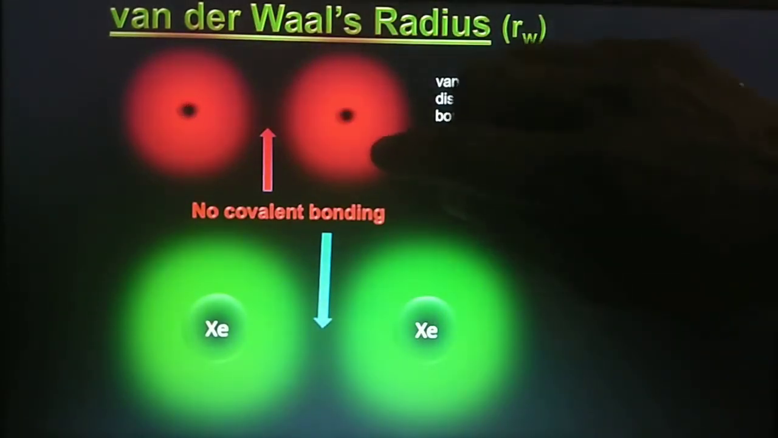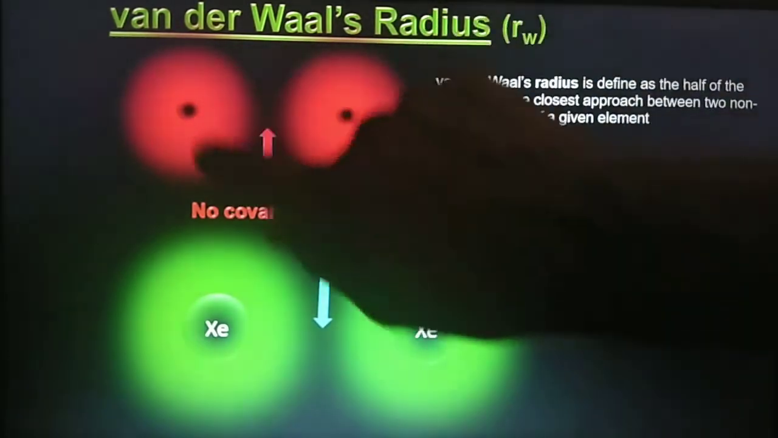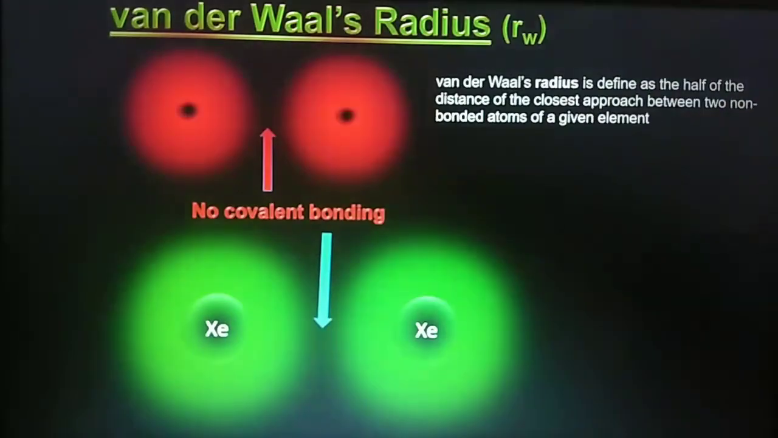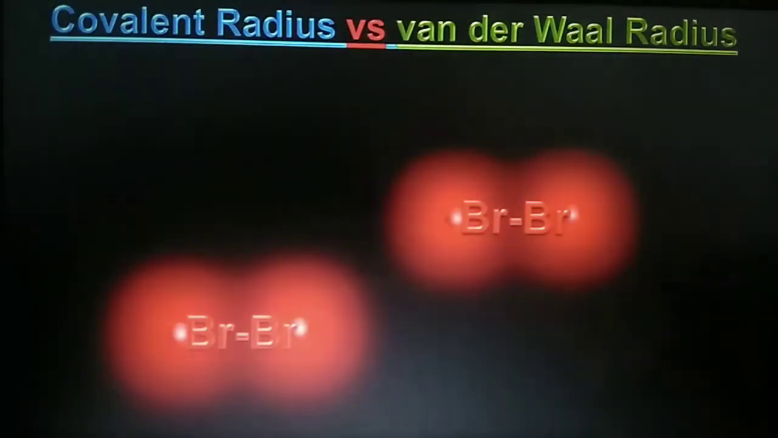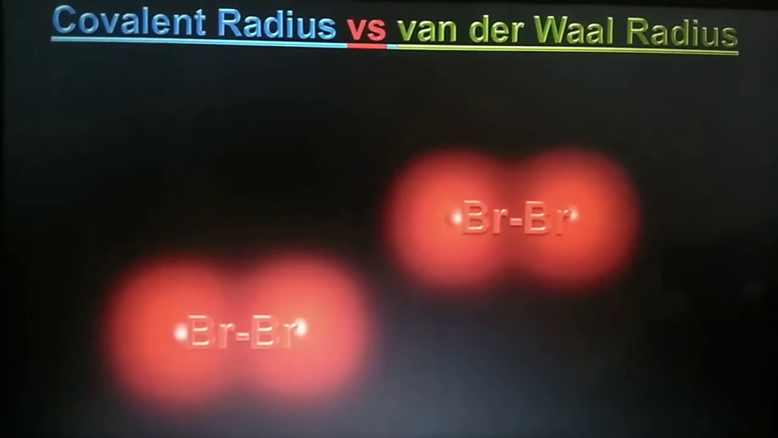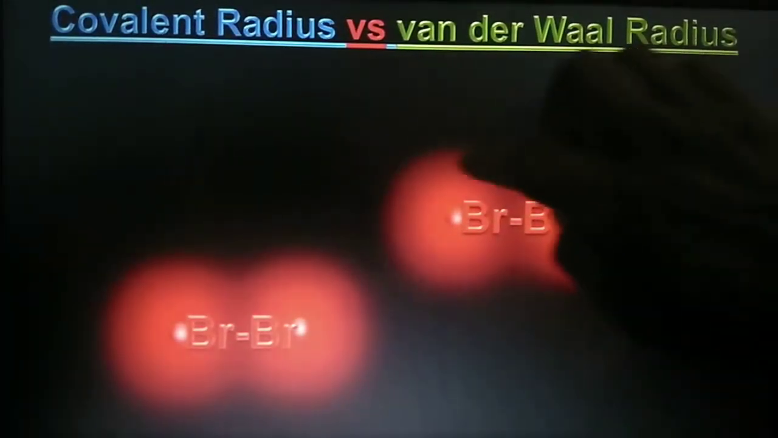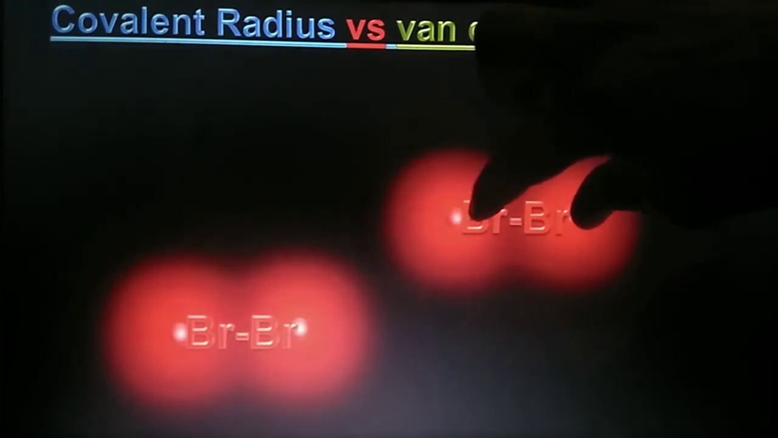So in that case we can understand that the covalent radius will always be smaller than the van der Waals radius. Alright. Now here is the comparison between them. We have a bromine molecule, and we observe that these two atoms in the bromine molecule are covalently bonded,